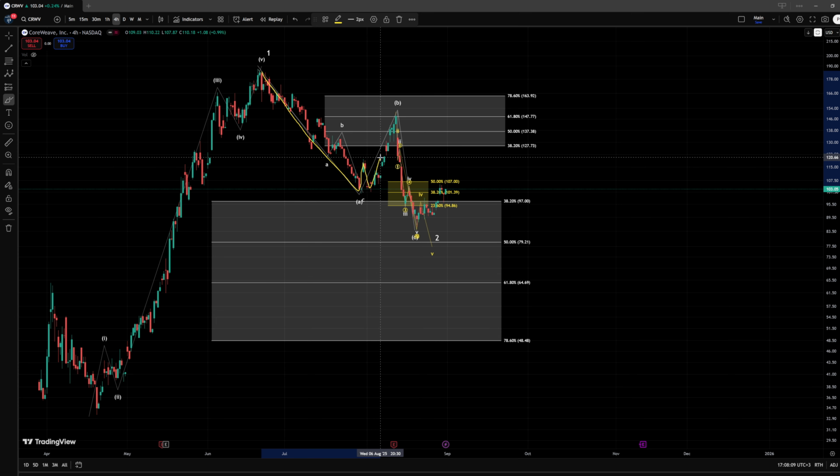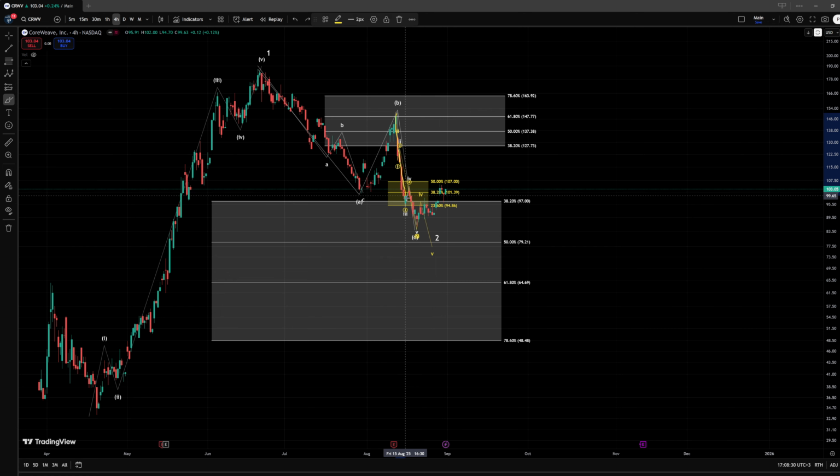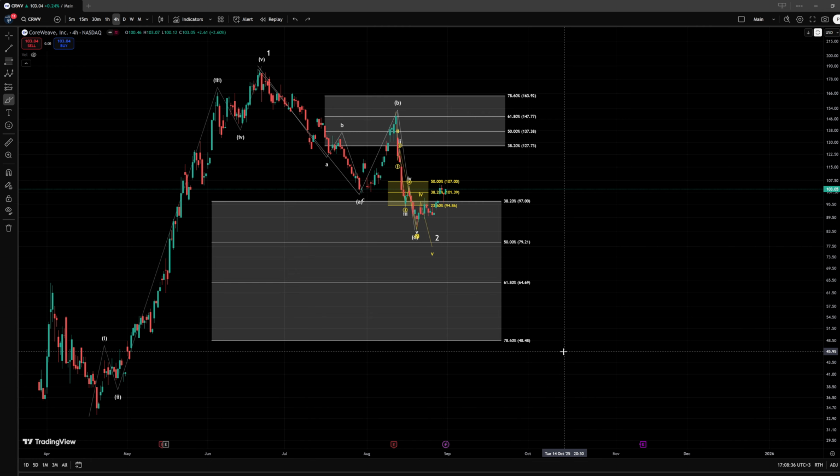B. We expected continuation and a reaction and a reversal somewhere in the resistance area between these levels at $127.7 up to around $164. We had our even most significant levels that created this resulting C wave that followed to the downside in a nice 5-wave move, and we reached our support zone that starts at $97 and expands down